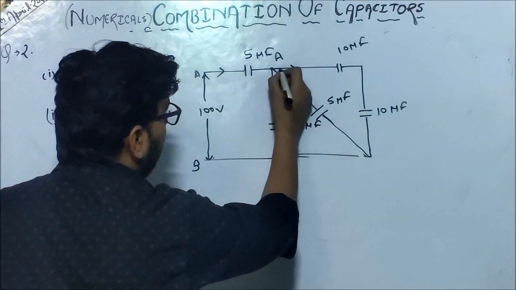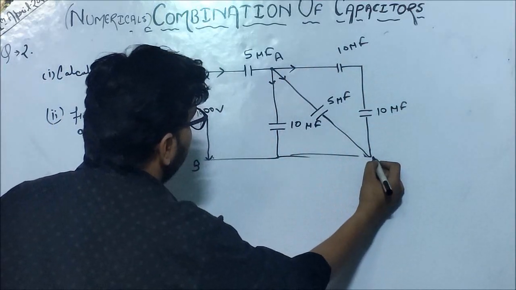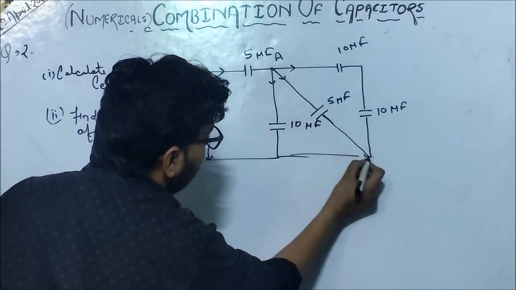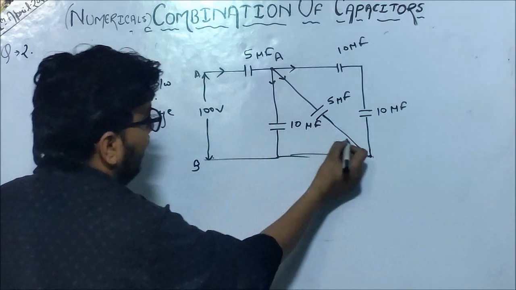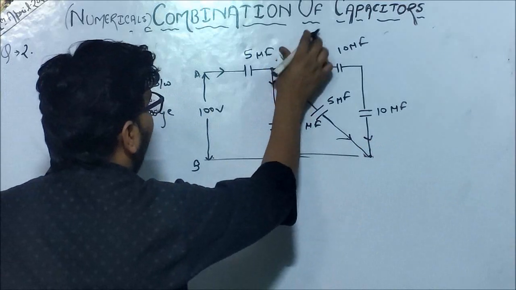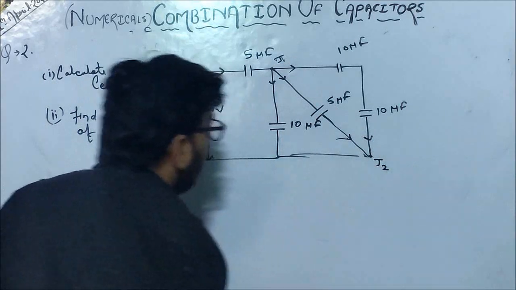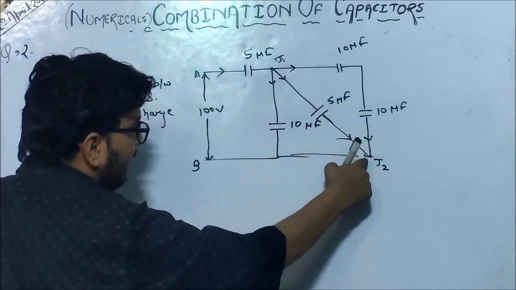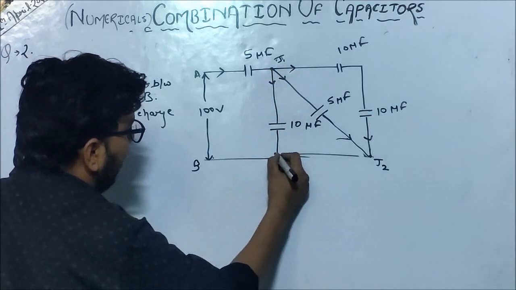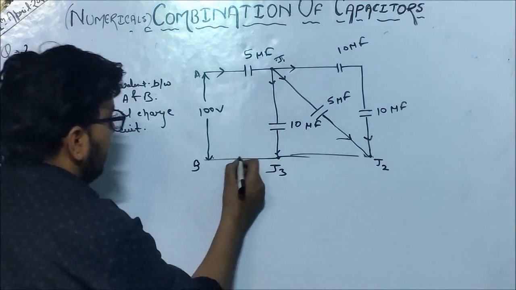So this charge which is going in this direction will follow this path and will come to this point. The charge going from this point will follow this path and come to this point, and they will combine at this point. So this junction I will name as J1, and this junction I will name as J2, and both of these charges will get combined here and will reach this point. At this point, this charge will also get combined, and we will have junction J3, and these charges will come